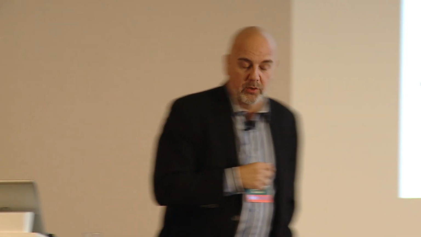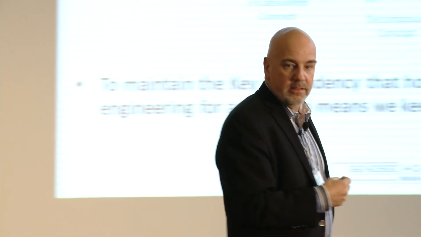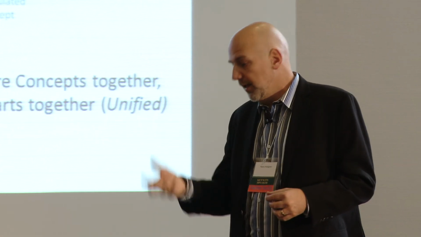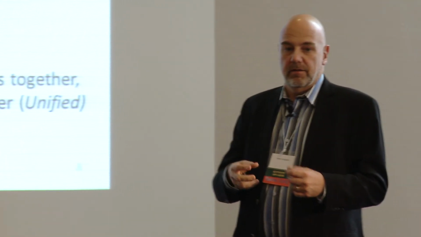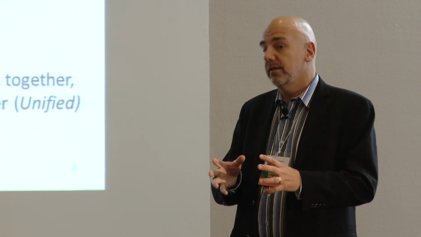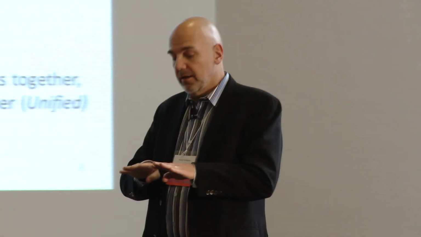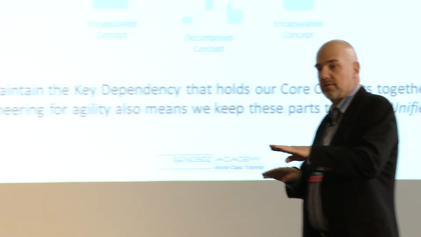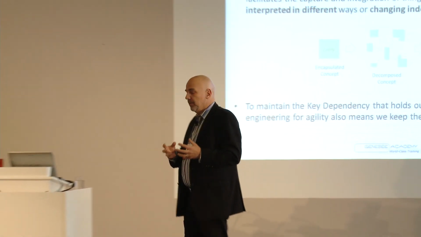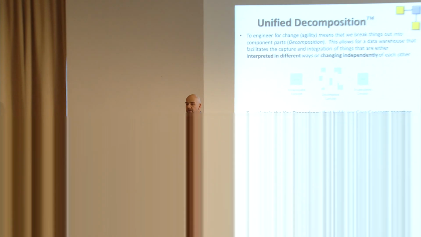What happens with ensemble modeling is we bring up the question: if it makes sense to separate things for the reasons of responding to change, agility, less re-engineering, maybe things that change at different rates, or things that are interpreted in different ways, right? If it makes sense to split those things out, then can't I do that and at the same time have